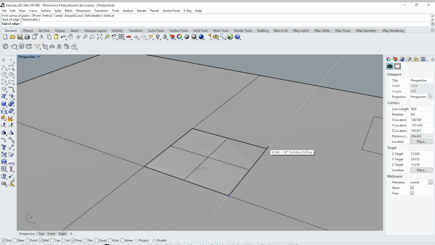We'll come up to this corner here, and you can see that it says end. That way I know I'm snapped on it. And there is my vertical plane. This is going to be 5 feet, so I'll go ahead and type 5 followed by apostrophe and hit enter or return on the keyboard.